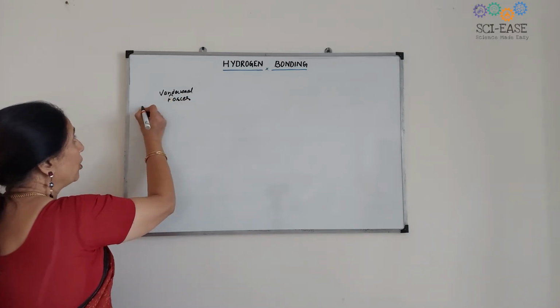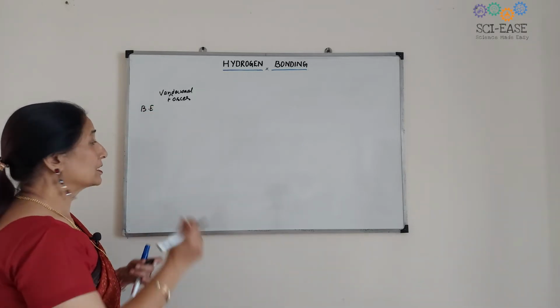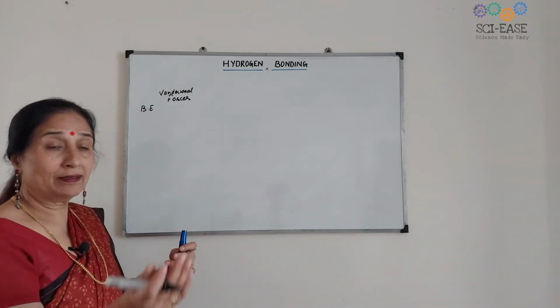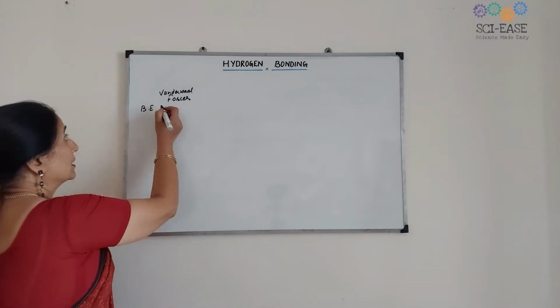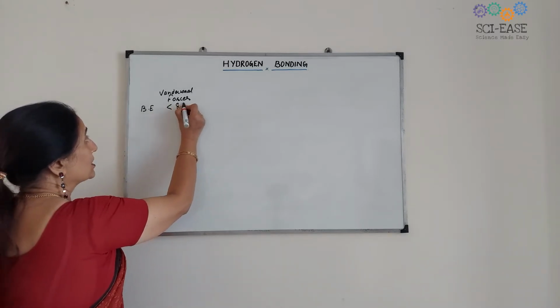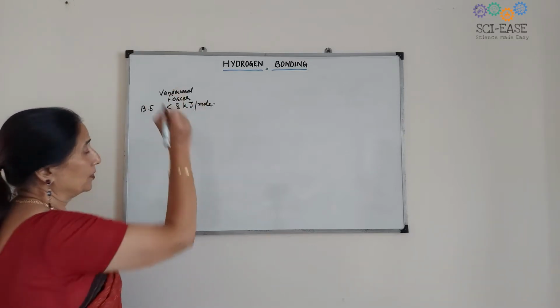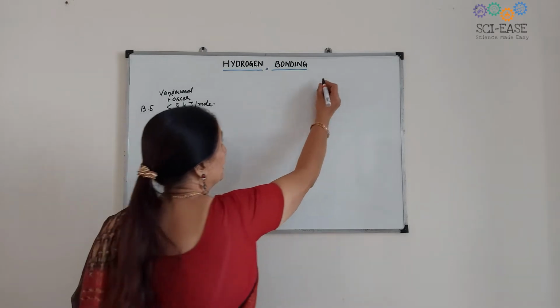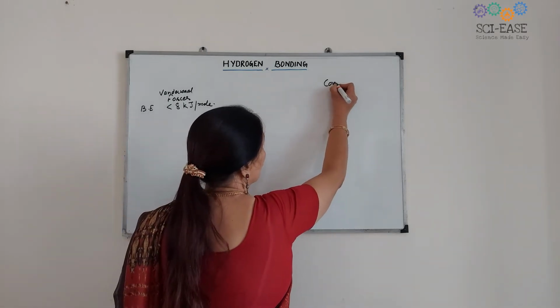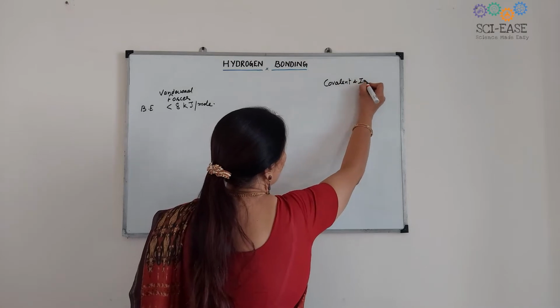The bond energy of these forces, van der Waals forces, dipole-dipole or dipole-ion forces, is less than 8 kilojoules per mole. Okay? And there are covalent and ionic bonds